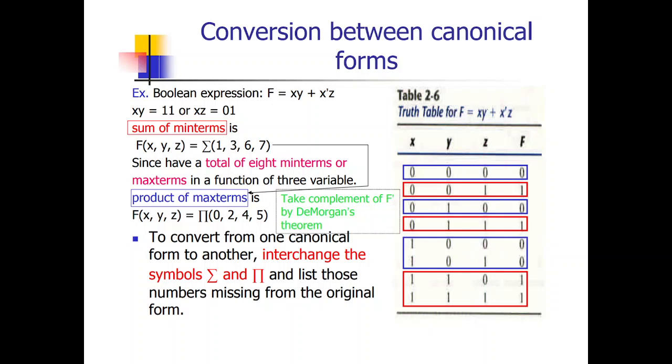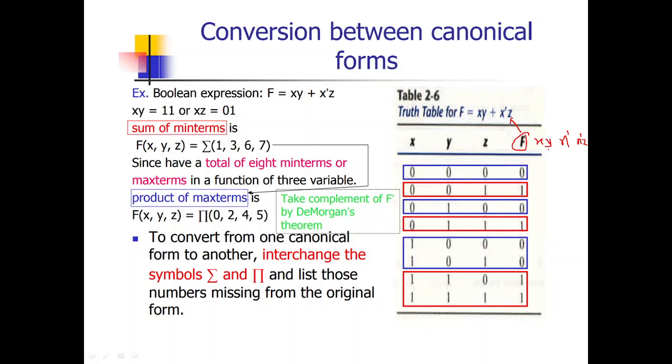So after finding xy and x dash z, we have to combine the two columns and perform the OR operation with those two columns, right? So first we have to find xy and x dash has to be found. After that, x dash z has to be found. Then f can be found. So f is a combination, that is, the product terms xy and x dash z are ORed here, right? xy plus x dash z is f.